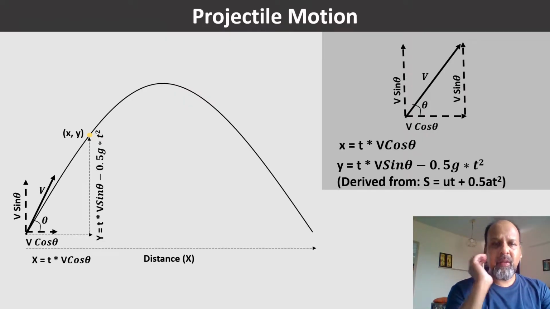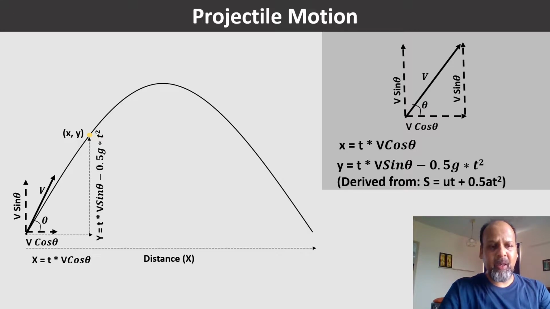Remember projectile motion? It's a form of motion experienced by objects that are launched into the air, and that object moves under the influence of gravity. Say a rocket or a missile cannot be considered a projectile because they carry their own fuel and their own navigation, motion, force, things like that. In a projectile, you have initial conditions, right? In this example, you throw a projectile with a velocity v, with an angle theta, and with these initial parameters, it moves under the influence of gravity.